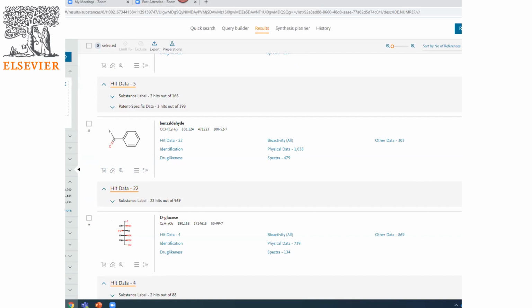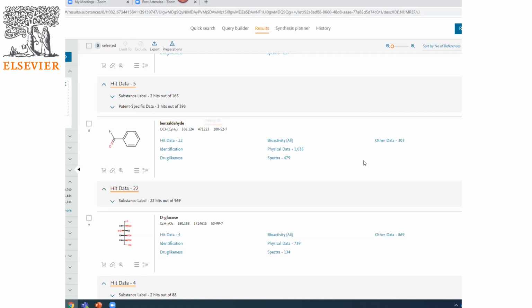What is available? Over there, you can see the preparation. It means the reaction where benzaldehyde is a product of reaction. Not always the main product, but it should be the product. The reactions give you the ideas in which reactions benzaldehyde participates. So in which reaction you can find benzaldehyde. Also, it's the targets with which this molecule interacts, and the documents related to these molecules from which it was indexed.